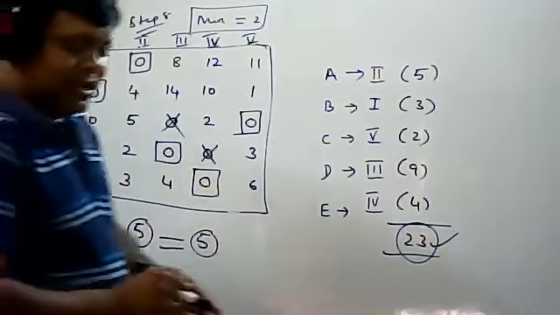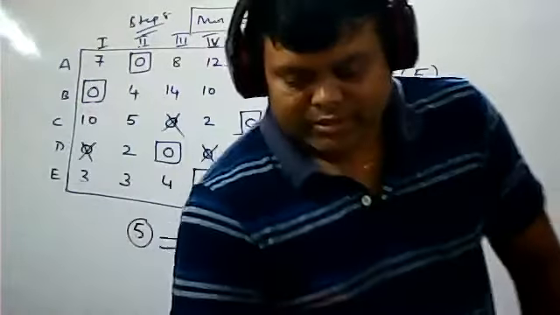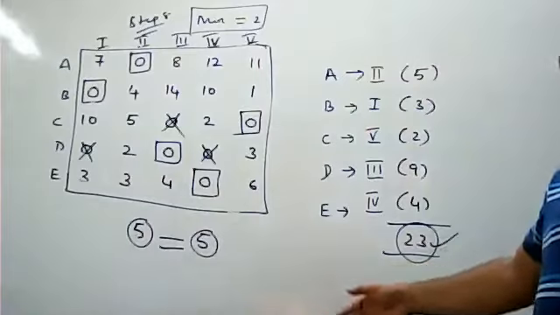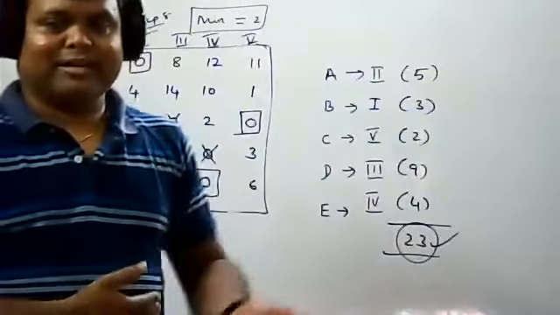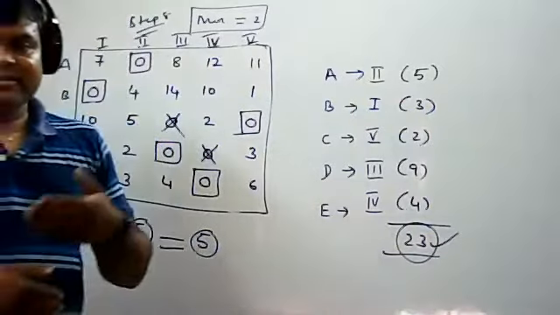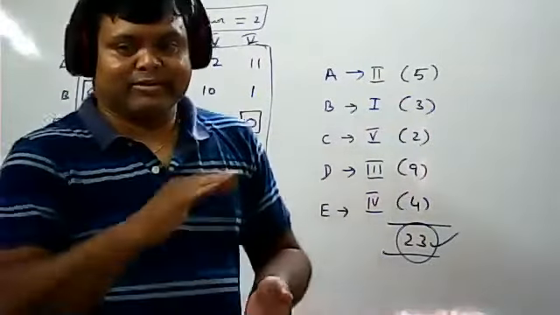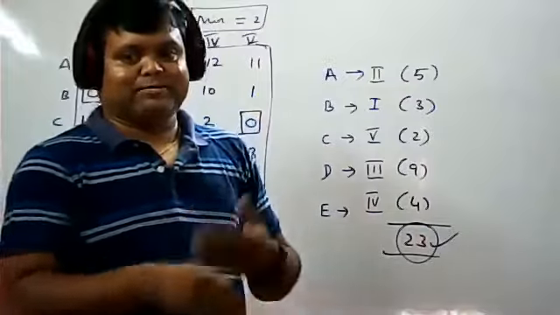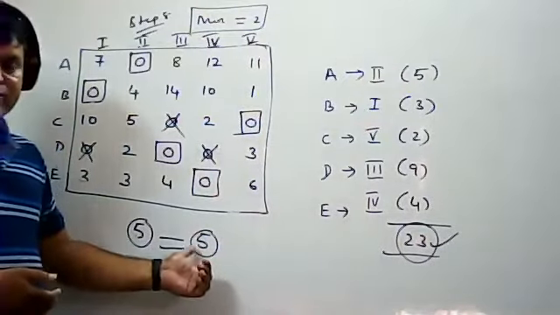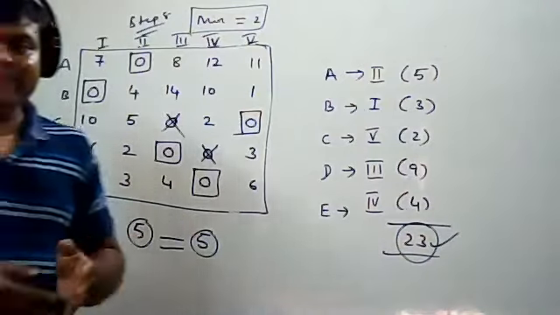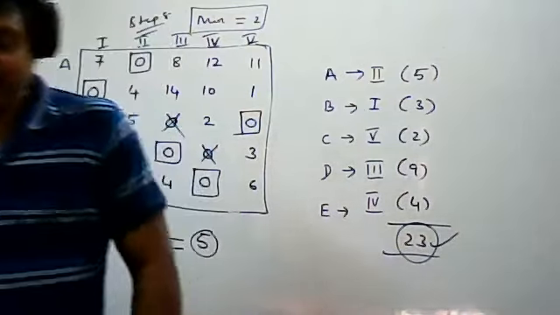So in this particular problem, first you got number of assignments not equal to order of the matrix. Then I applied the tick mark procedure, and step number 8, and again went to step number 5. You have to repeat the procedure until you get number of assignments equal to order of the matrix.